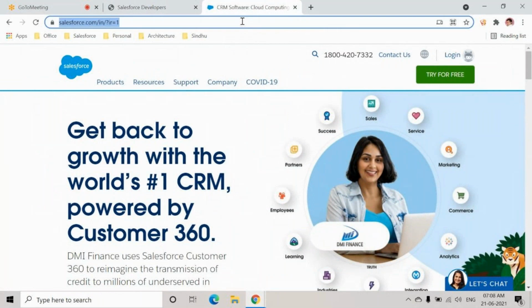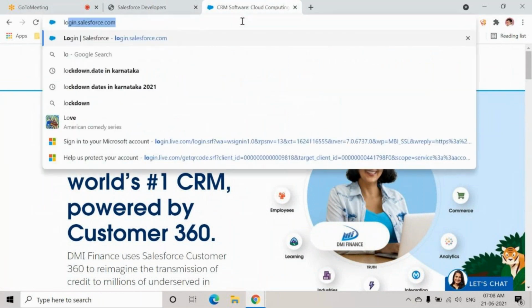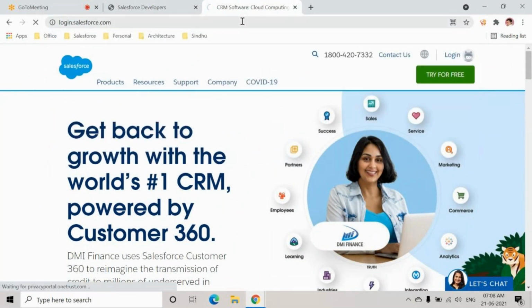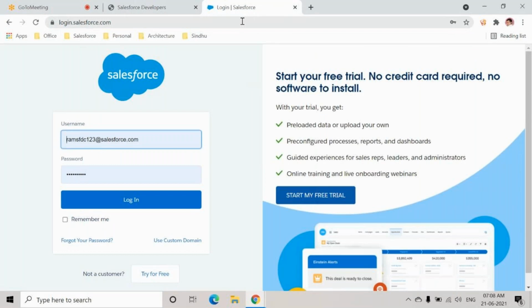So next time when you're trying to log in, once you create the account, directly go to login.salesforce.com. login.salesforce.com is a production environment in Salesforce, and for us, we will be getting a production environment directly and we'll do the changes. Now click on login. I've been using it for quite some time, so it is populating my credentials. So I'll just go with login.